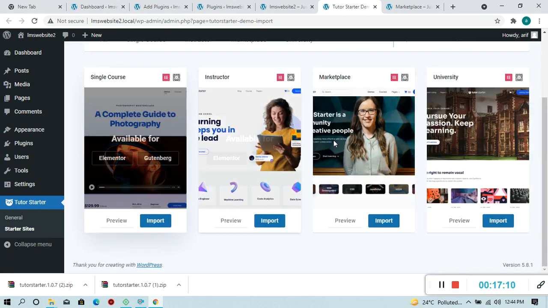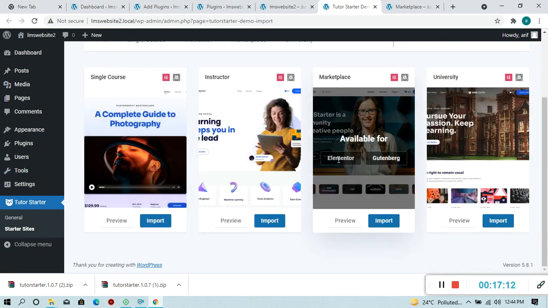Because it is showing either you have to install Gutenberg or you have to install Elementor. But as I told you, Elementor is an easy plugin, an easy page builder. You don't have to write a single line of code. Each and every coding standard is met inside Elementor, right?